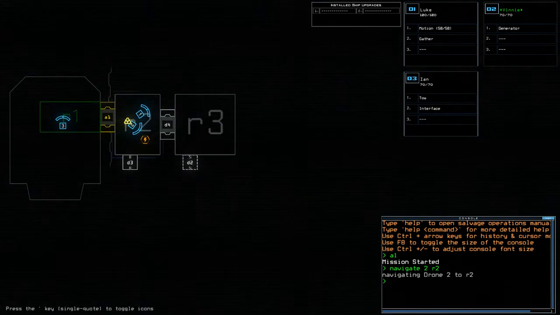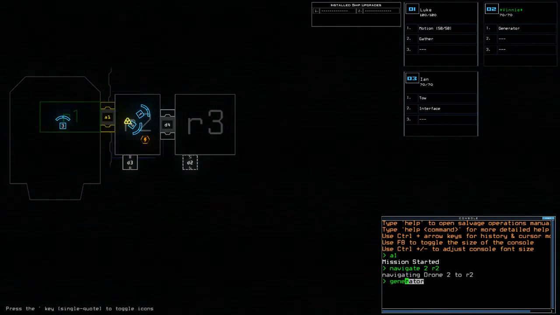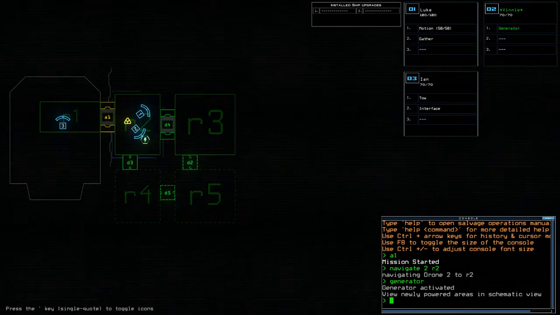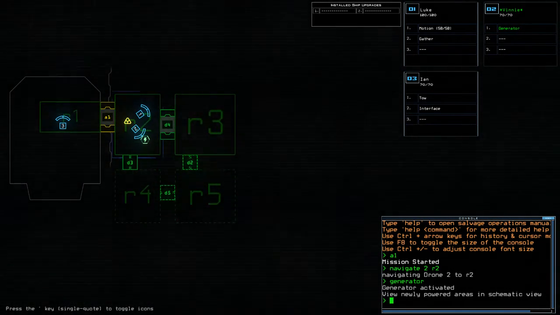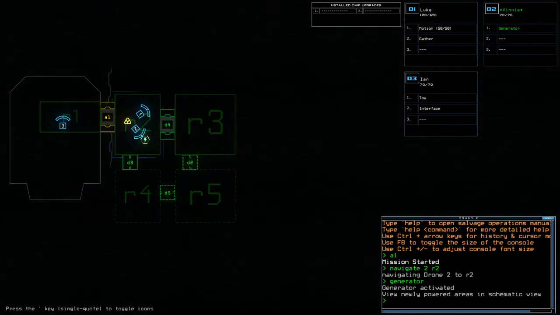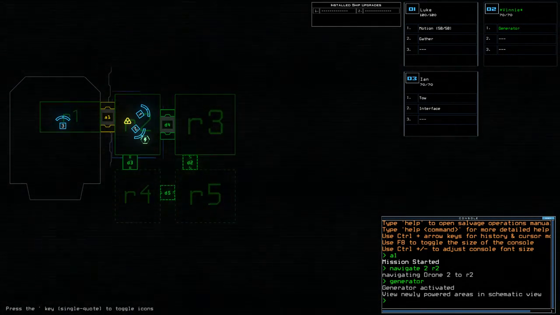That is cool. And then generator R2. Anything that's green means it's powered. Anything white means it's unpowered. Anything blue, I forgot what the blue means. Okay, so